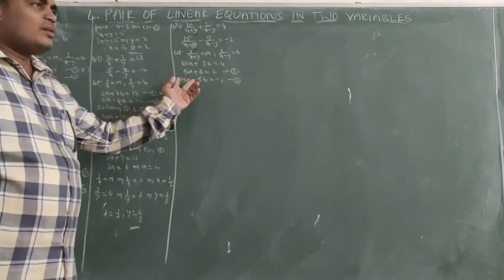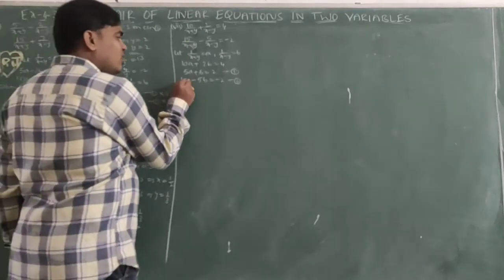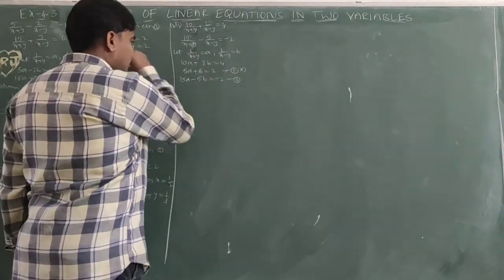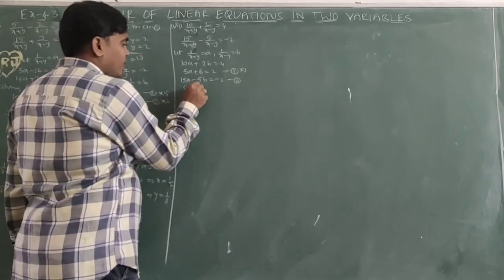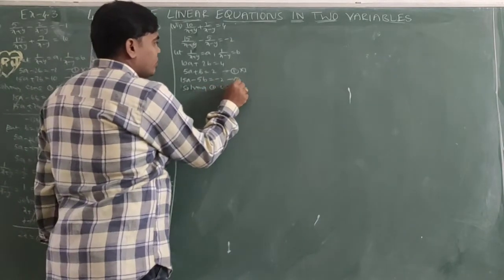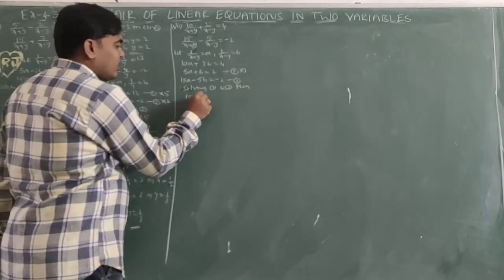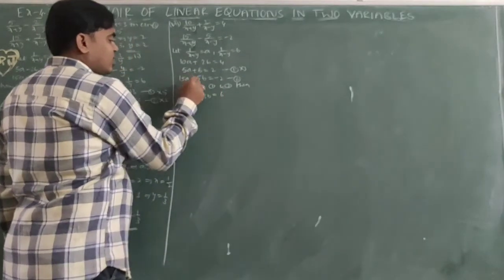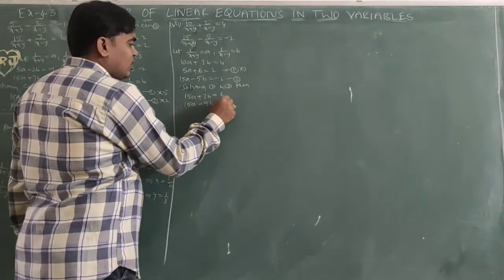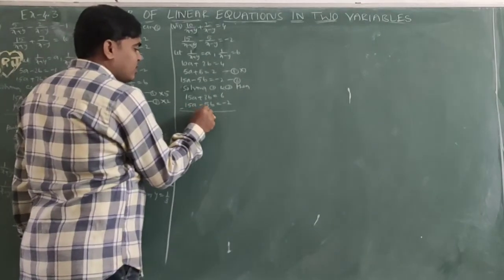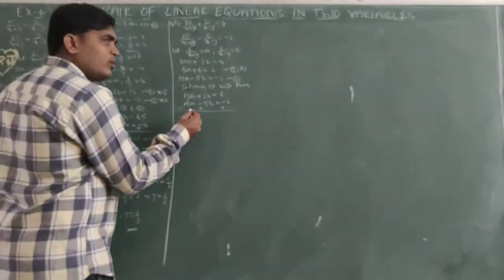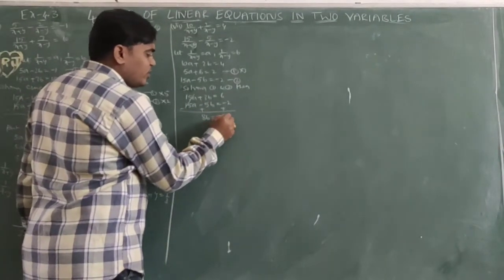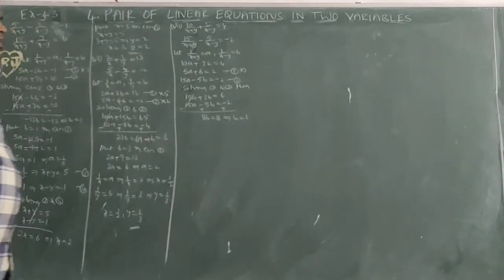Because in these two terms 5 is common, but here it is not a multiple of 5. So multiply by 3: 5 into 3, 15. So 15a plus 3b equal to 6, and 15a minus 5b equal to minus 2. Solving 1 and 2, changing the signs: minus, plus, plus. 15a gets cancelled. So 3b plus 5b equal to 8b, and 6 plus 2 equal to 8. b equal to 8 by 8 equal to 1.